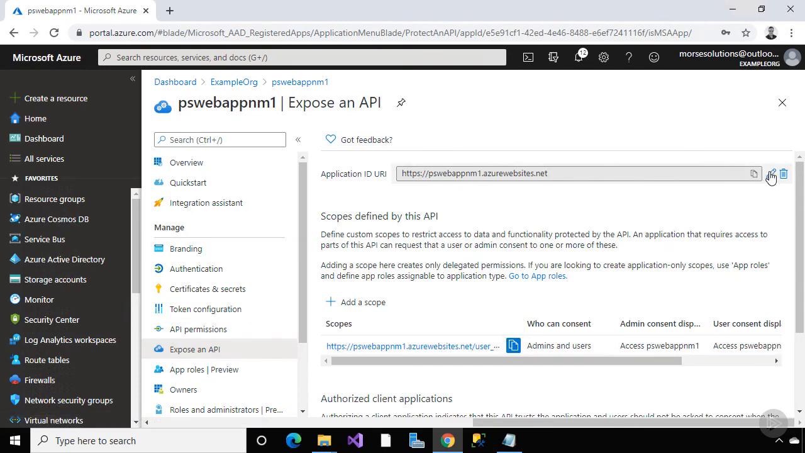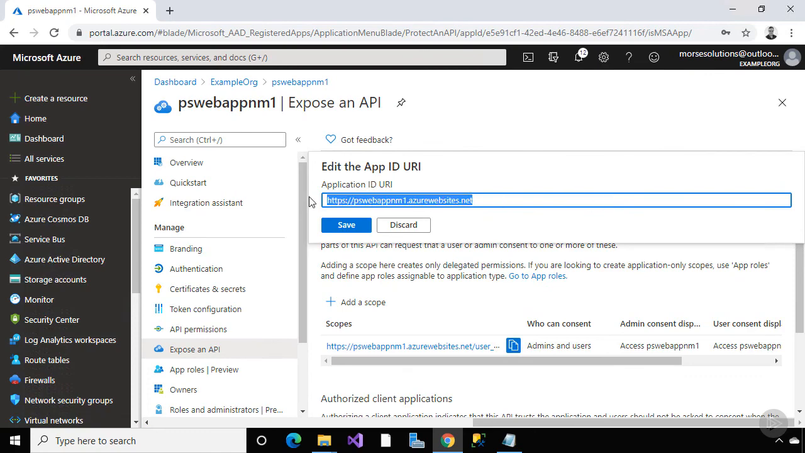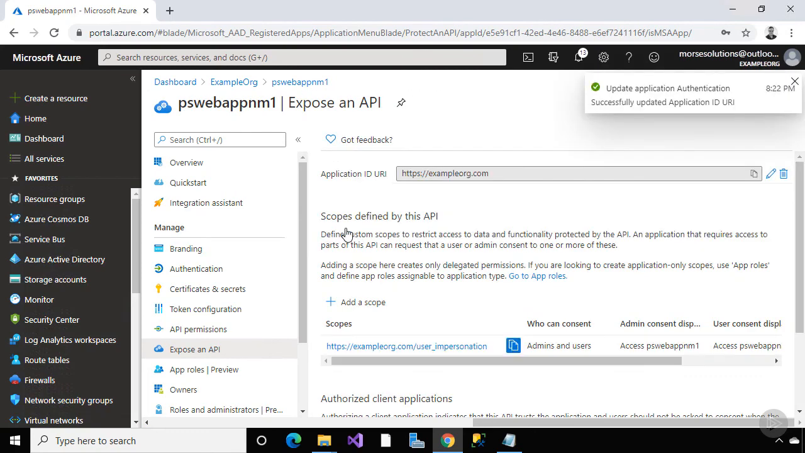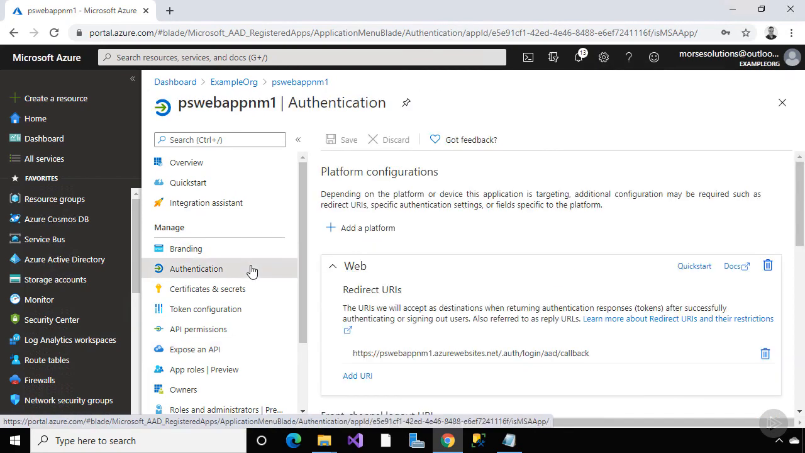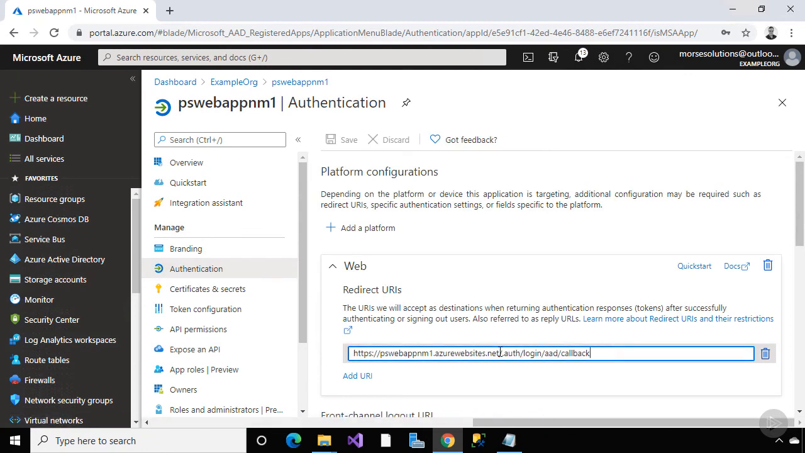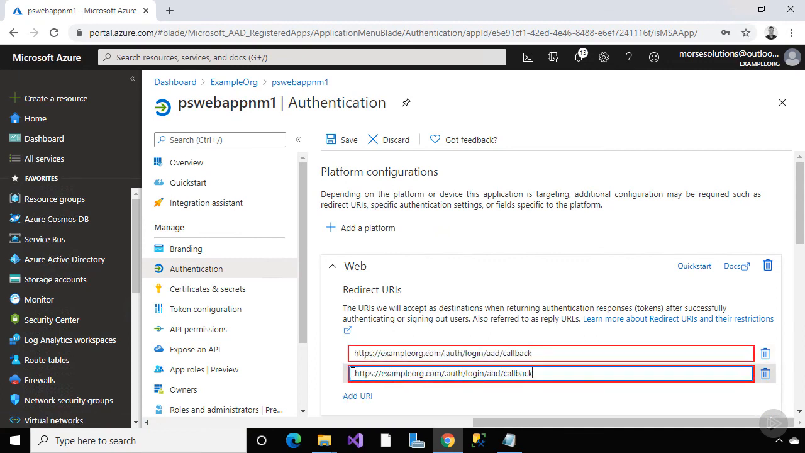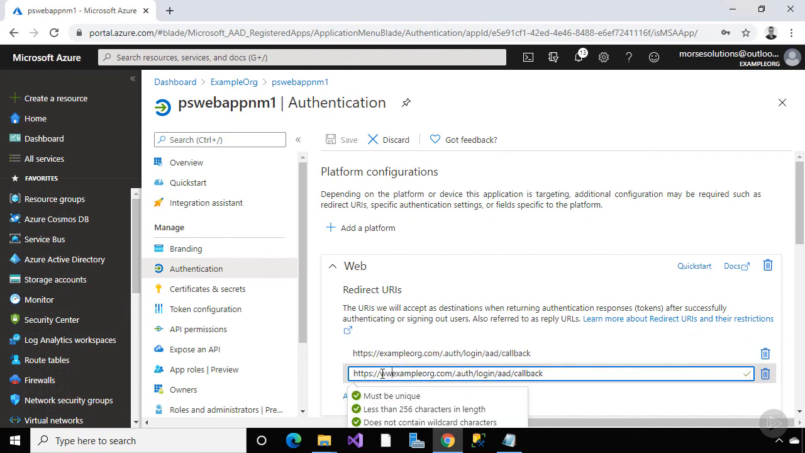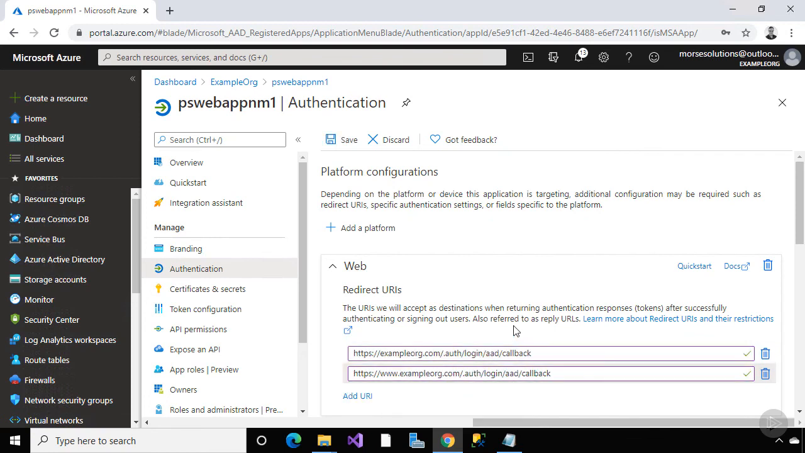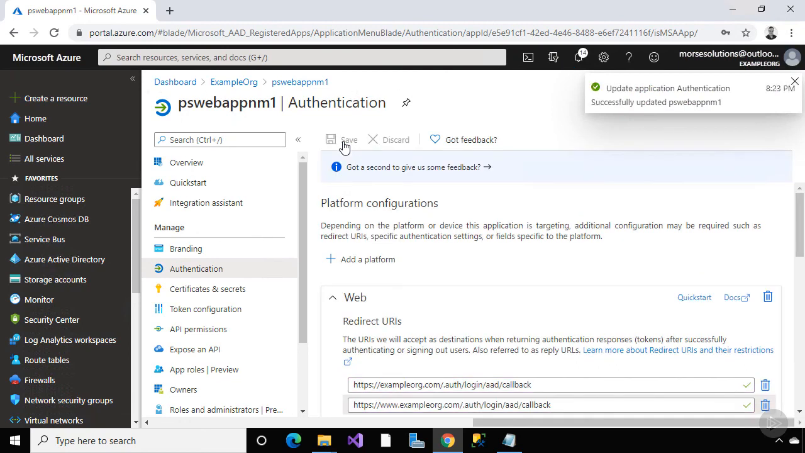Let's change the application ID URI to our custom domain also. And now in authentication, we need to change the domain part of this path to the custom domain and leave the path after the domain, which is a built-in path used by App Service. Now let's copy this and paste in a copy and add the www subdomain also. Let's save this, and that's all we need to do in Azure AD,